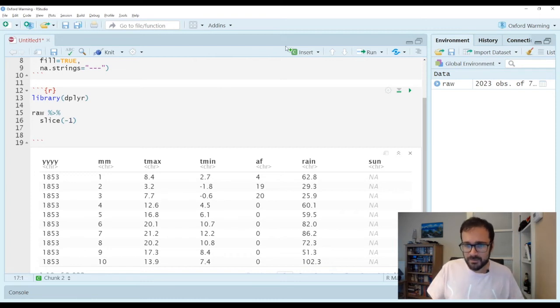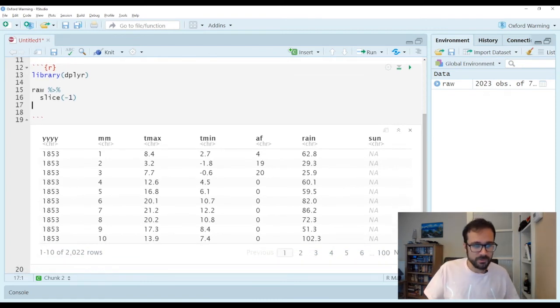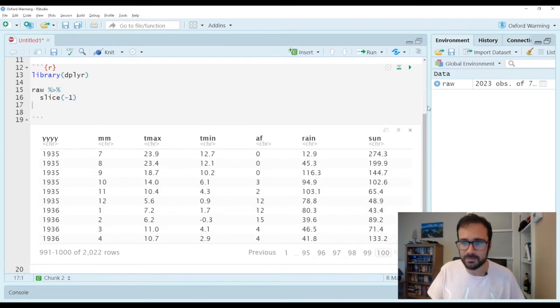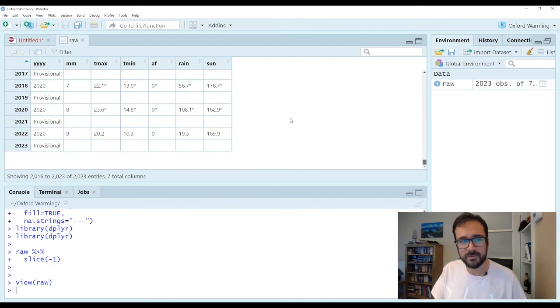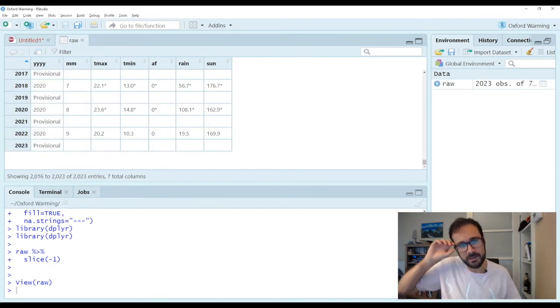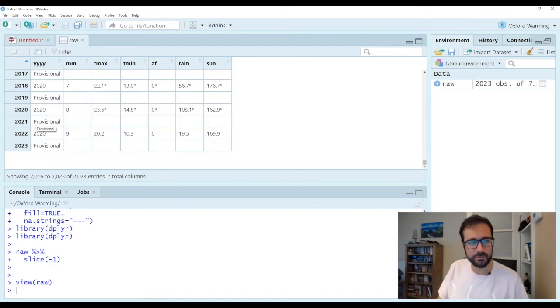Okay, so let me just scroll through, and I want to see what's going on, because I remember from before, right at the end of my data, and maybe I need to open it up here rather than anywhere else. I remember if I go to the very, very end, yeah, there was actually an extra column where there was provisional. So I think I want to get rid of this here.